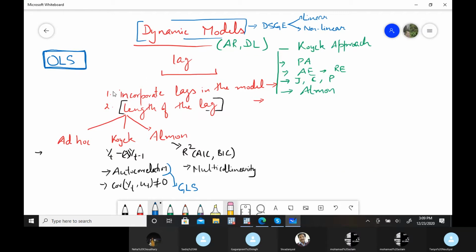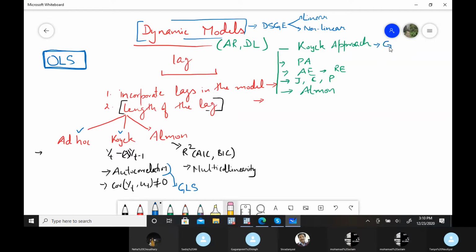So far, we did ad hoc estimation and the Koyck approach up to some extent to answer the question of the length of the lag and how we incorporate lags in the model. In the Koyck approach, the assumption is that the impact of the lag will decline geometrically.